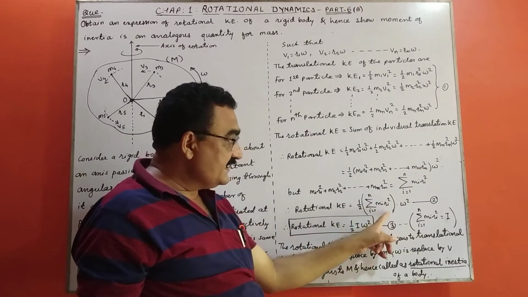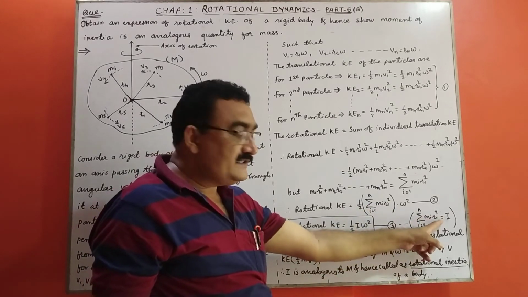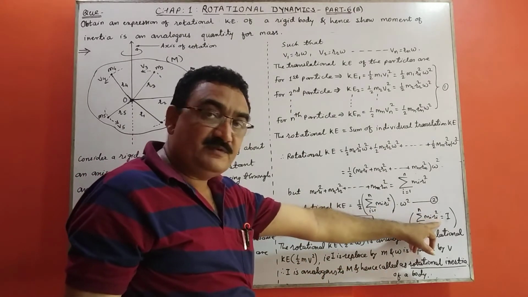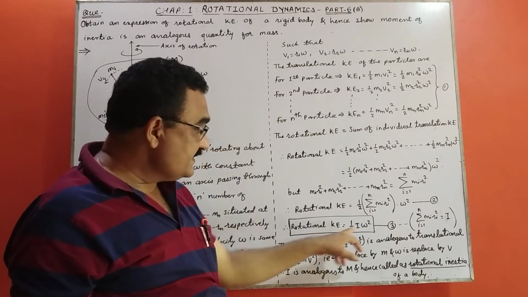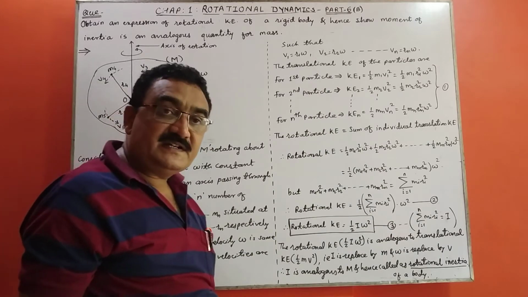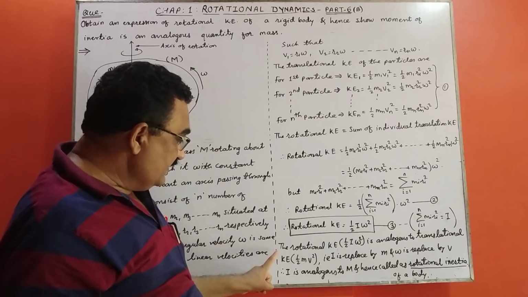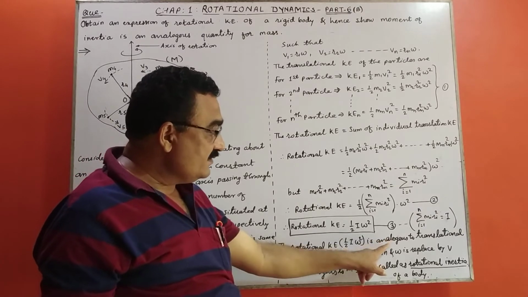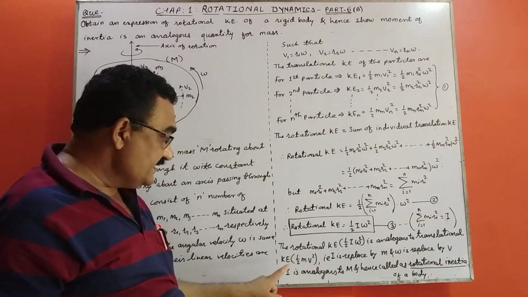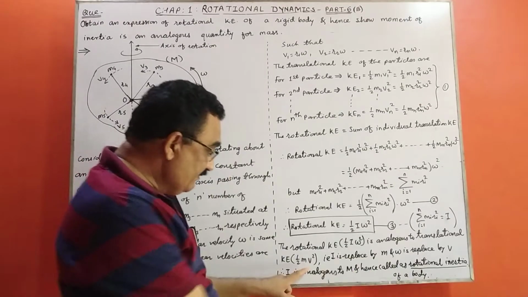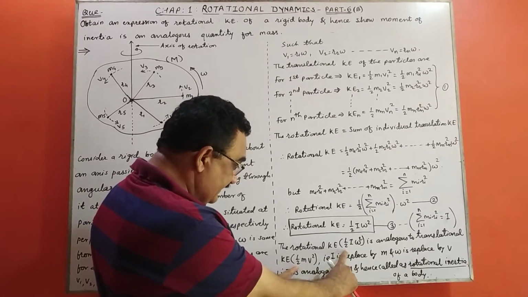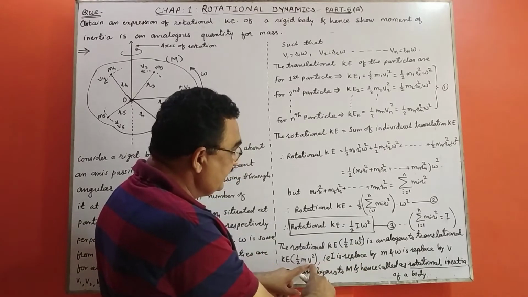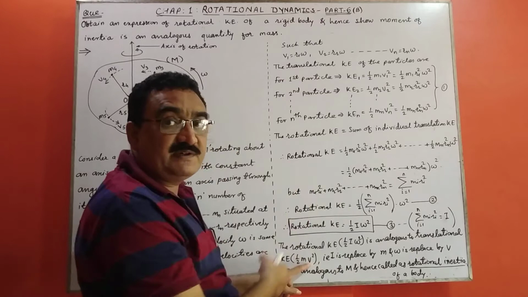In this way you can write the second equation, but this summation is nothing but moment of inertia, because from the definition of moment of inertia you know it. Then put this value. This is the expression of rotational kinetic energy. Now see, the rotational kinetic energy, half I omega square, is analogous to the translational kinetic energy, half m v square. Now compare these two equations. Half is the same, here is m, here is I, here is v, here is omega. We know the relation between v and omega, that is v is equal to r omega.